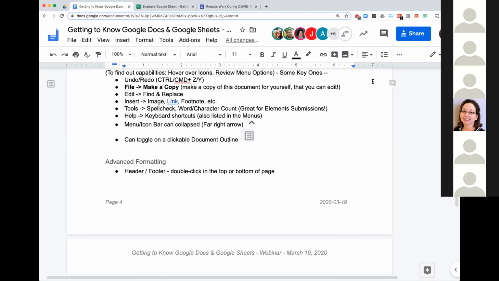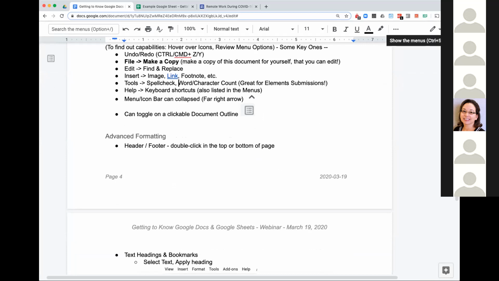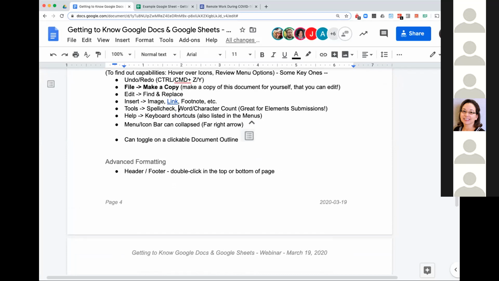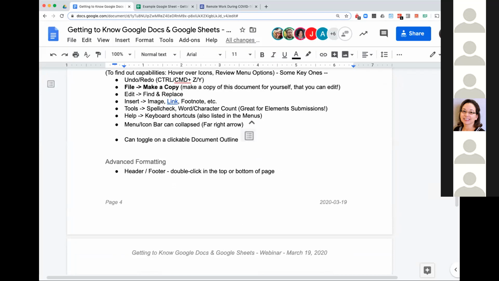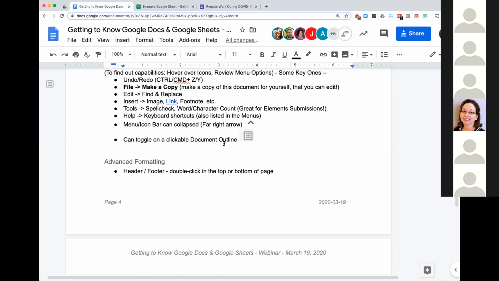So sometimes you might do this by accident because I think there's a hotkey for it, but it's good to know that this icon over here in the top right of your icon bar will allow you to collapse and expand both the menu bar and the icon bar. So sometimes you find yourself here and you're like, what happened to all my icons? What happened to all my menus? I guess the icons are still there. It's good if you're trying to get a little more real estate on your screen, but sometimes you need to get back to those menus.